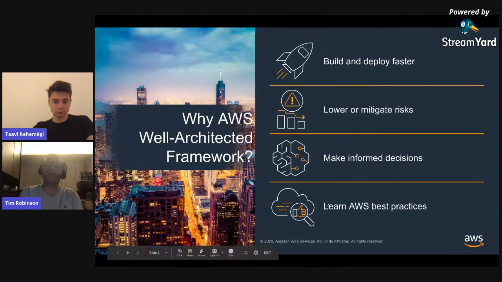If we look at making informed decisions, this is very important. Once we create a risk alignment, we then have an idea about the work that would be involved to maybe remediate an architecture, and then we can move to make informed decisions. So an example of this would be something like a customer has had a workload in their environment for maybe a 2 to 3 year period of time, and now they're looking to redeploy that workload into a fresh environment, perhaps an environment with segregated accounts or something similar.